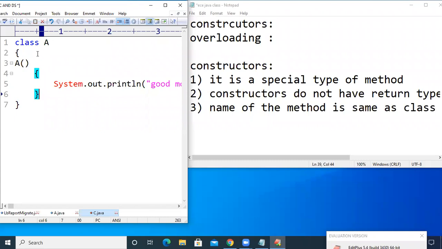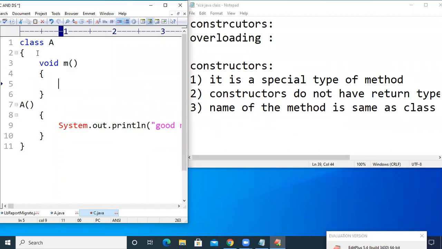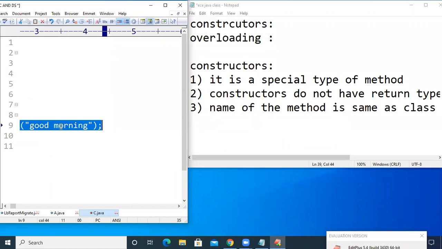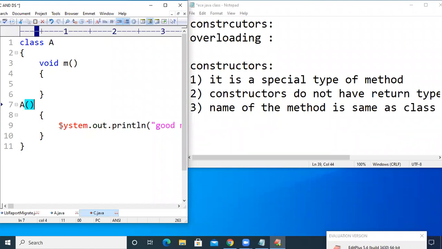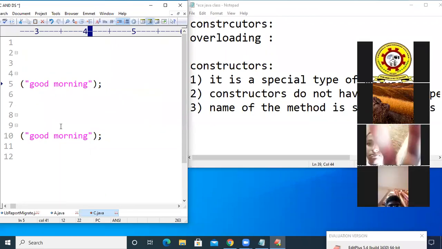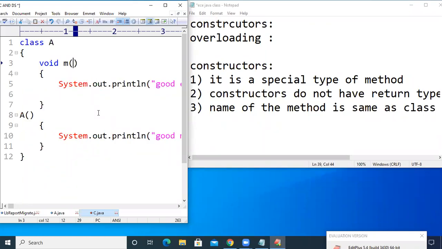In this class, I want to declare a method, and at the same time, I want to declare a constructor also. I have declared a method and a constructor. If the method gets executed, it will print good evening on the output screen. If the constructor gets executed, it will print good morning on the output screen, right?